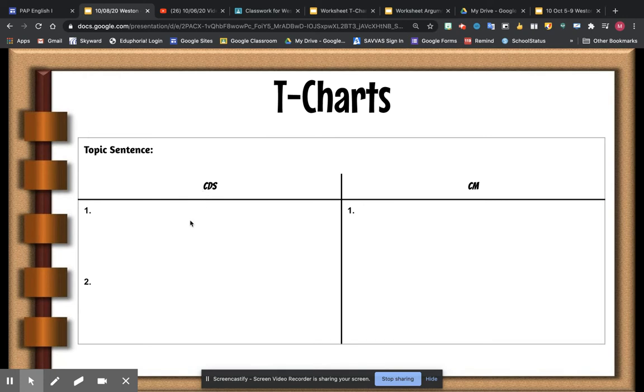So if you haven't done so, you would need to make sure we do our T-chart for our second body paragraph. You will write out the main topic of your second body paragraph. I'm discussing this with kids today in class. A lot of students were getting maybe a little too specific in their topic sentence. So if you can broaden your subject, like if you were saying